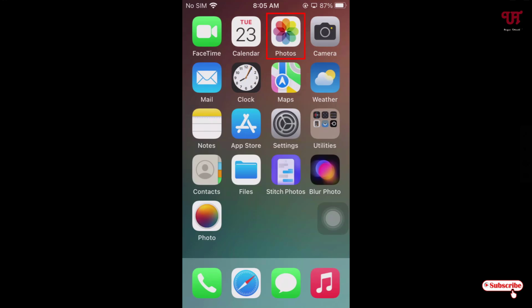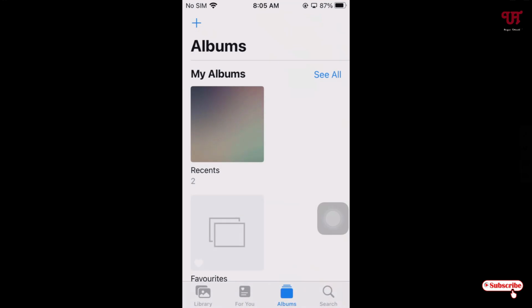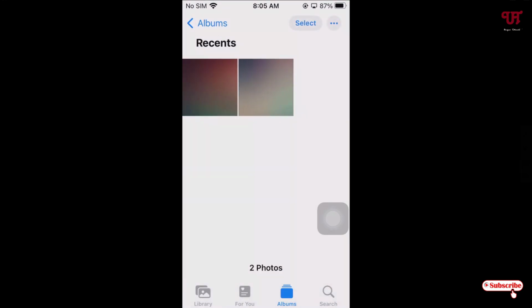So just open firstly the Photos application. So I have some image or picture. So I want to convert this image into PDF. So just click on select and select the image or picture which you want to convert into PDF. Just let me select this one, and now below you can see here